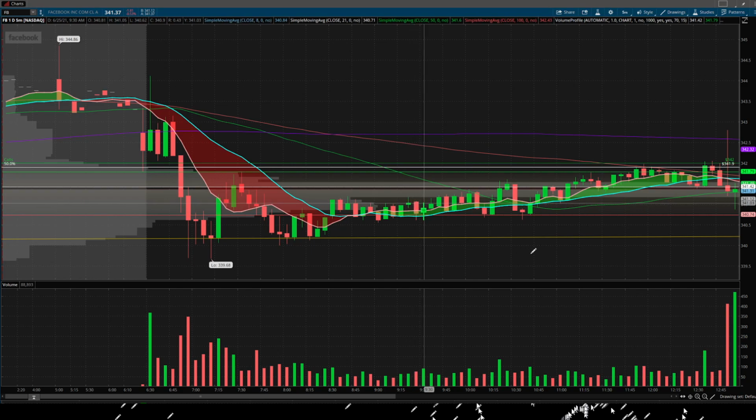Basically, without going through each single candle here, this is very indicative of chop. Goes up, comes down, goes up, comes down, goes up, comes down, which can often lead to a bigger move when it finally does break out of this little zone. So we're just going to skip ahead. We don't get a huge move on it today, but